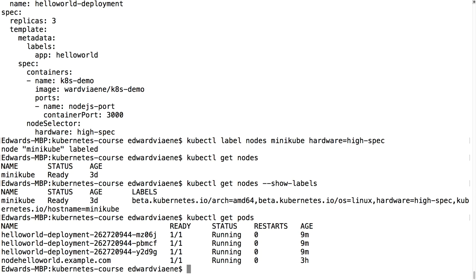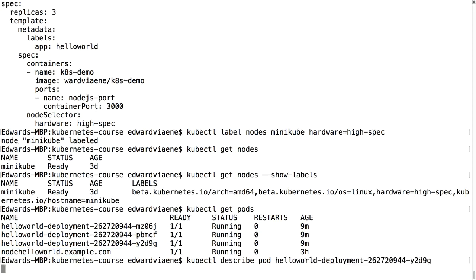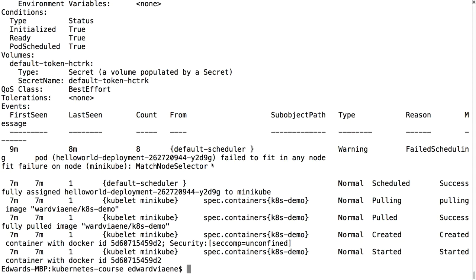So now we just have to wait a little bit, because the node needs to figure out that this node now has a label. And you can see in our case, it didn't need a lot of time. It is now running. So if you do describe pod, and then let's take this pod,